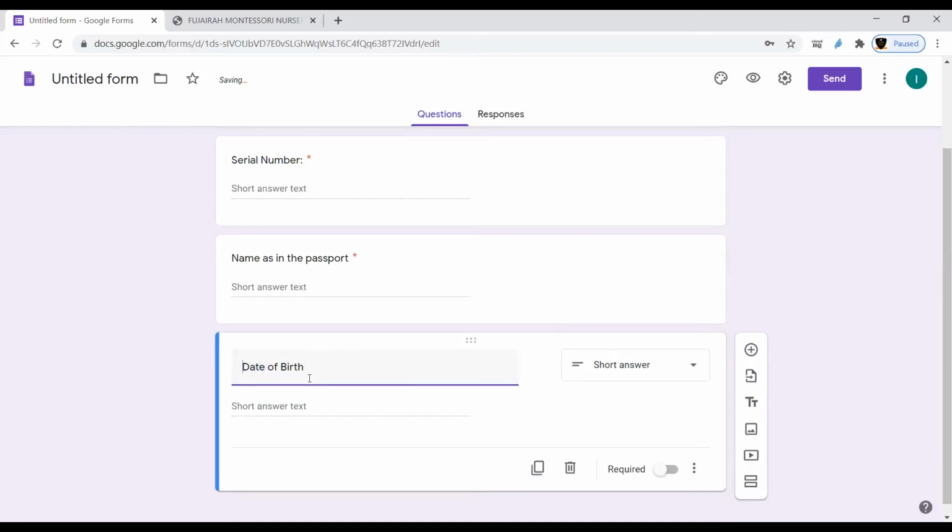So here date of birth, like that they have to enter their date of birth in that field. And if it is required, you have to click for this required option. If something is not required, and you have some doubt that parents or students may not have that detail, don't go for this required option for that particular field. Else they will not be able to submit the form. So let us suppose these three fields are what we have entered. So let's check how it's going to work.